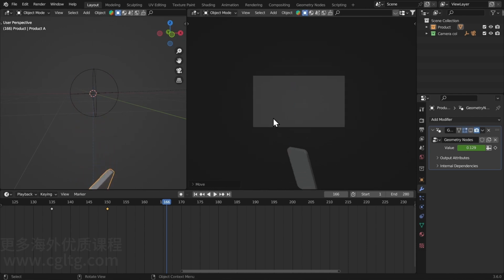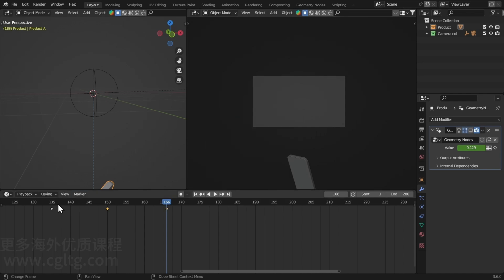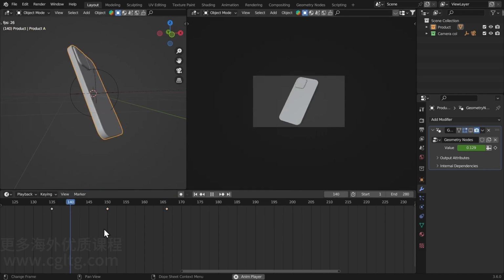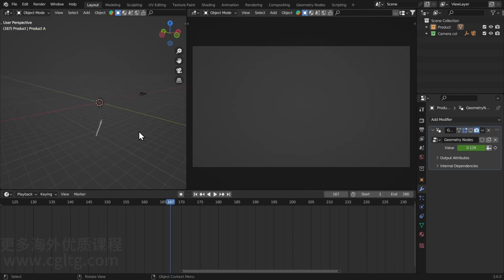Don't bring it down too much because it will be faster. And insert location and rotation. Now if we play that, I like this. On frame 166, we're going to transition to another scene, and in that scene, the phone will